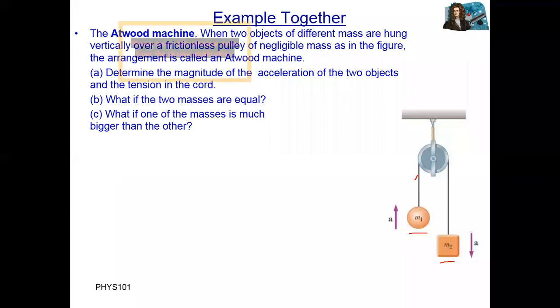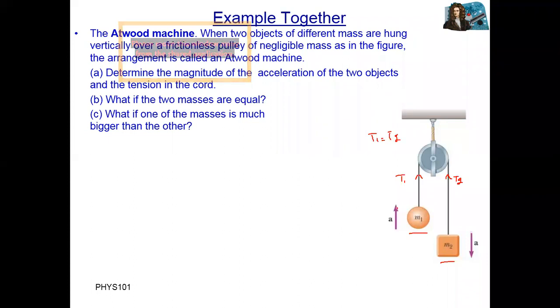Tension in these strings, let's suppose T, is the same. You can see on this side tension number one, on the other side tension number two. But when these bodies are connected with a rope, the tension produced in one is equal to the tension produced in the other. So both are equal: tension number one is equal to tension number two.